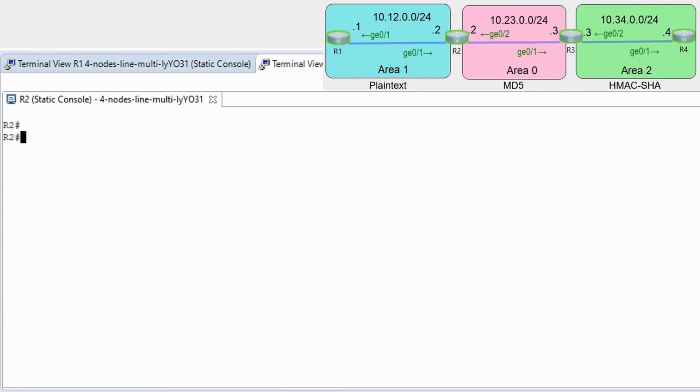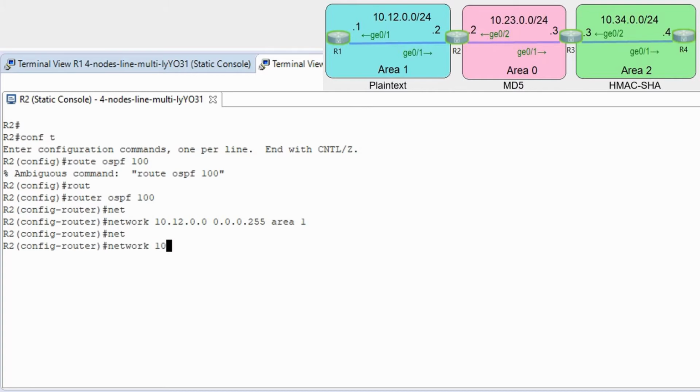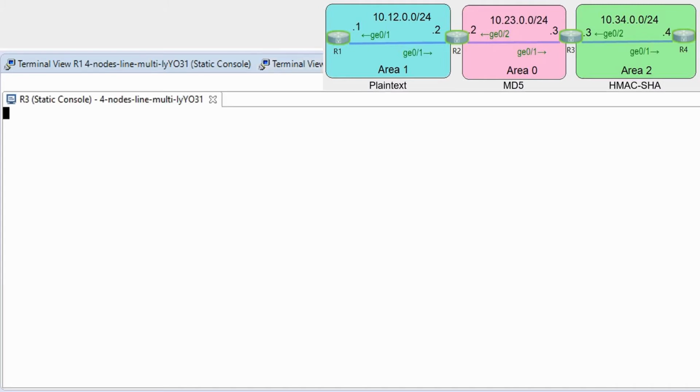Let's go to router R2, conf t, router OSPF 100, network 10.12.0.0 area 1 and network 10.23.0.0 area 0. Let's go to router R3, conf t, router OSPF 100,